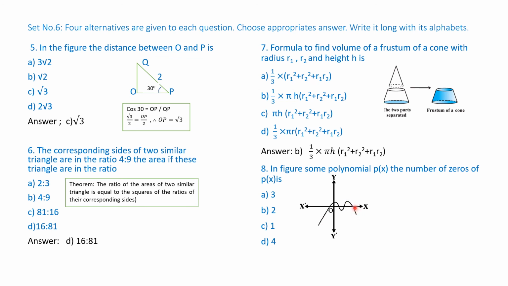It is touching the x axis, and you have to count the number of times. This given curve is touching the x axis here, 1. This is the y axis, we should not take it. The x axis is here, second, and the x axis is here, third, and the x axis is here. It is touching the x axis at 4 points. Our answer is D, 4. Number of zeros is equal to the number of intersections with the x axis. Our answer is D, 4.